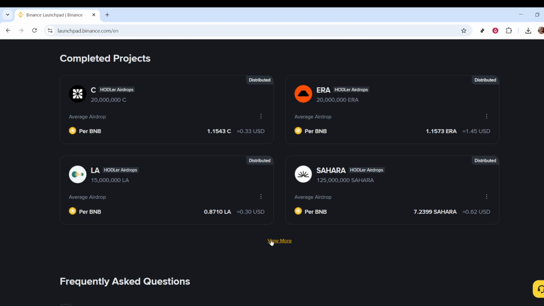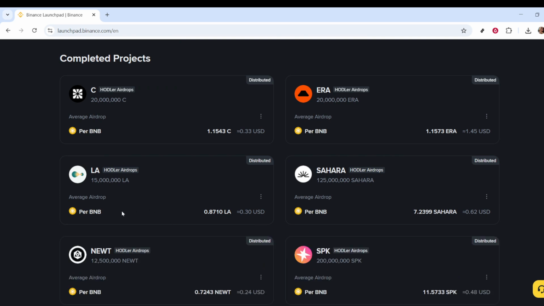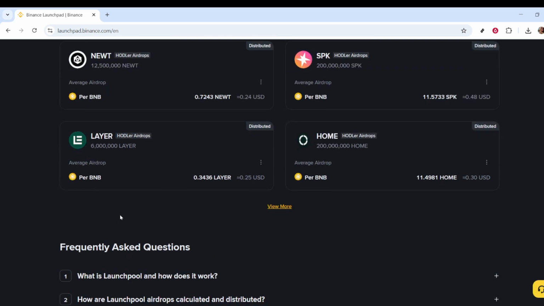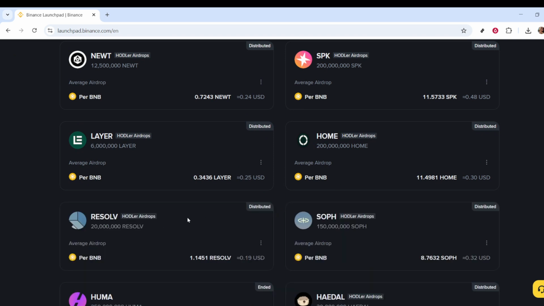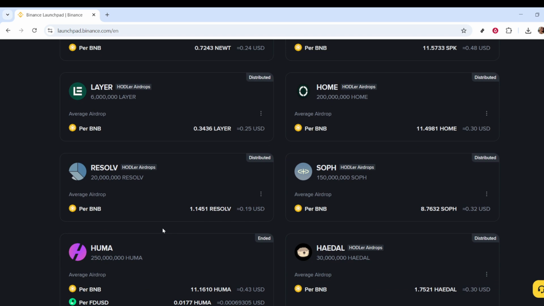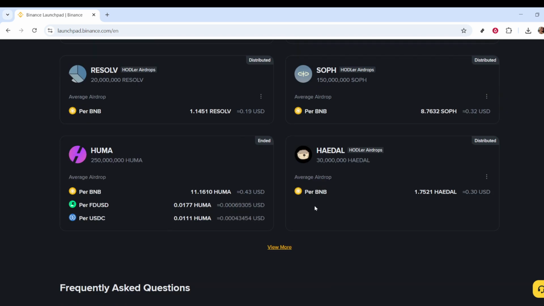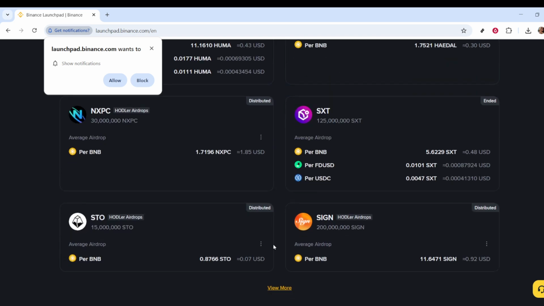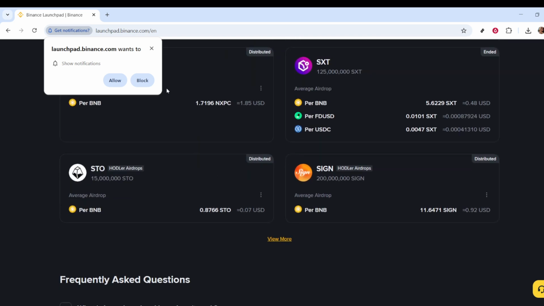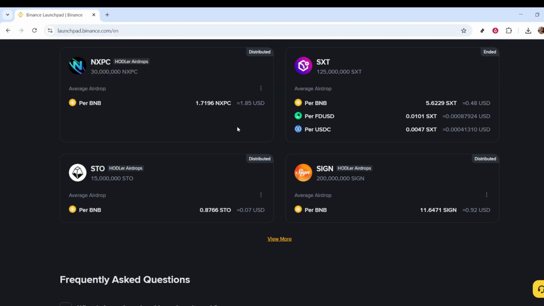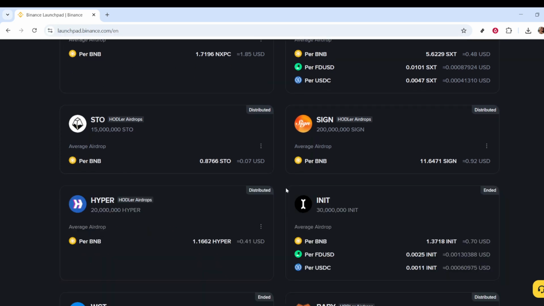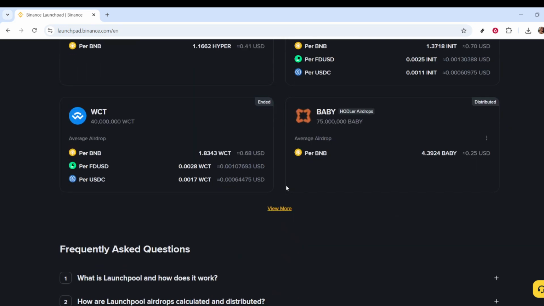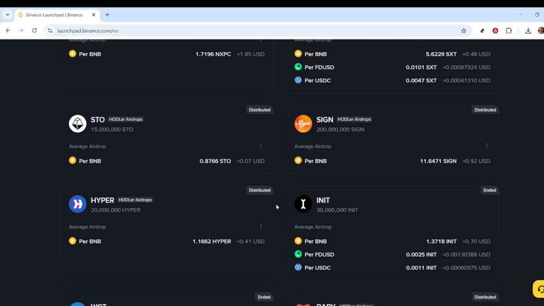Upon clicking on Launchpool, you'll be taken to a new screen where you should look for the View More link. Clicking View More allows you to see a comprehensive list of available staking or farming projects. Here, Binance users can explore different opportunities to participate in and potentially earn rewards based on the cryptocurrencies they choose to stake or farm. After reviewing the project options, you will want to click on Launchpool again to narrow down